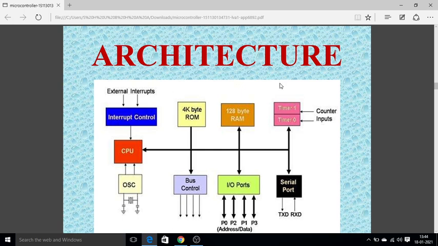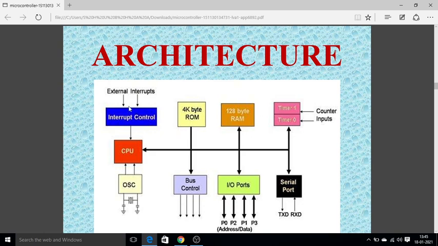And this is the architecture of the 8051, a microcontroller, a computer on a chip, a microcomputer on a chip. We know that a microcontroller is nothing but a CPU along with the memory, some interrupts, timers and input output devices, all integrated onto a single chip, which is called a microcontroller. It is also named a microcomputer, a system on a chip or